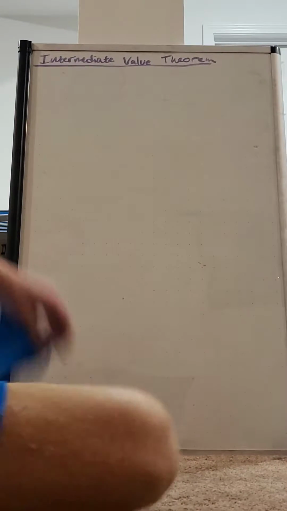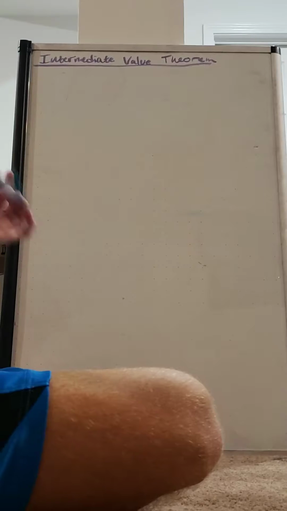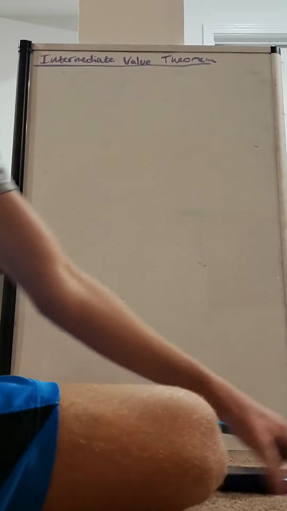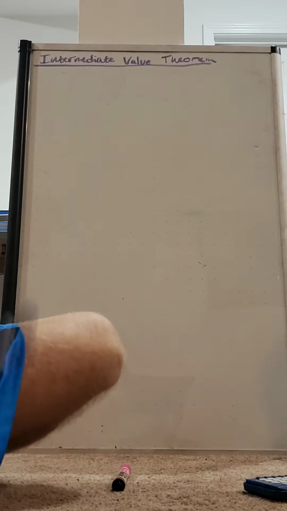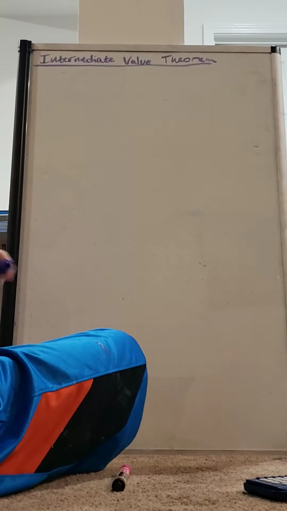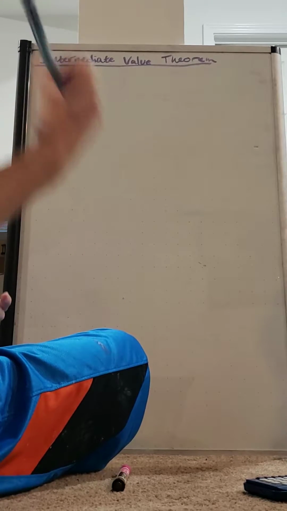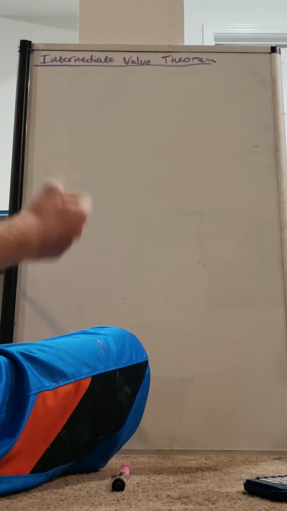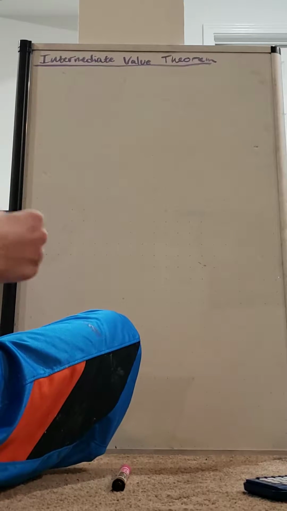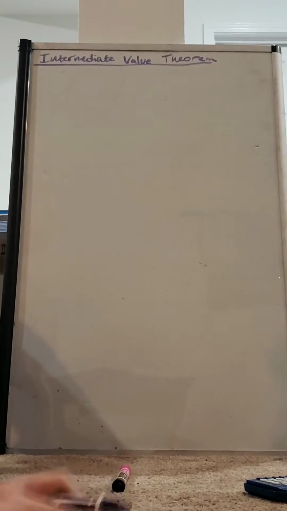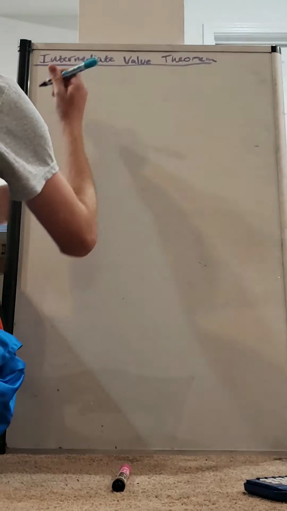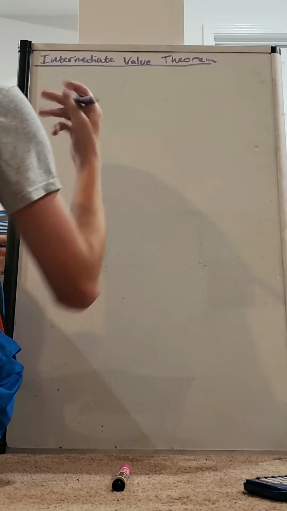Okay, today we're going to be talking about the intermediate value theorem. And this is a really simple concept that looks a little confusing when written in math terms. So we'll get right into it, and then I'll explain it with graphs, and then it'll look super simple and you'll get it. So the intermediate value theorem states that when a